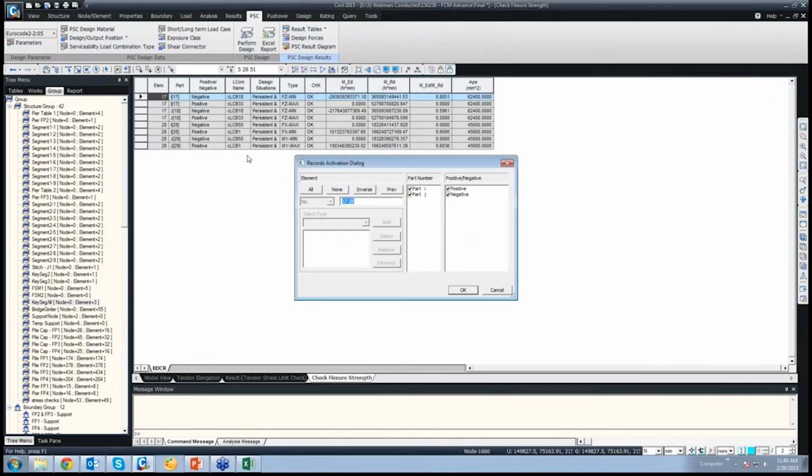Okay, so we have designed only two elements, right? 17 and 28. That's why the option shown over here is for just two elements, 17 and 28. If you want to perform more design or select some other elements, then that could be done, and only those elements would be shown here. So in general, though there are 55 elements in the deck, only result for two elements would be shown.